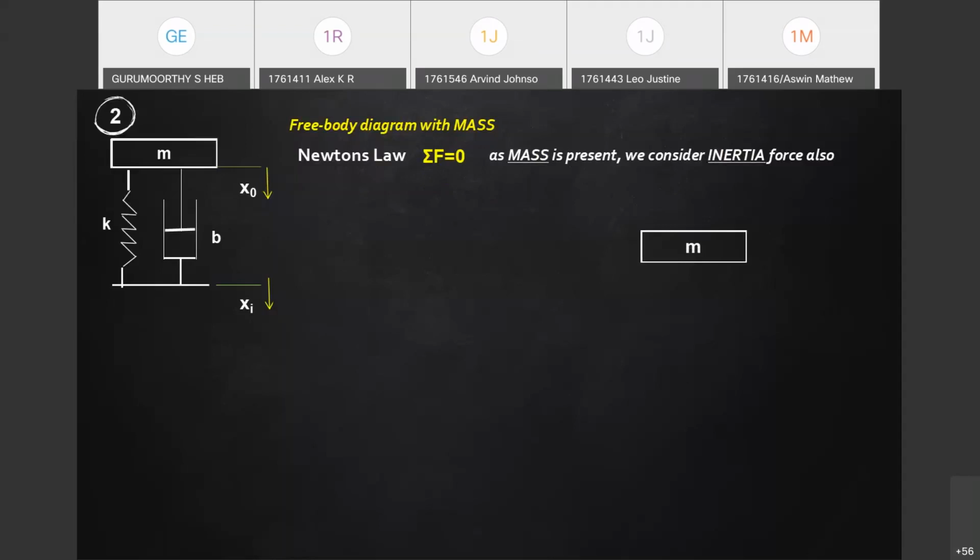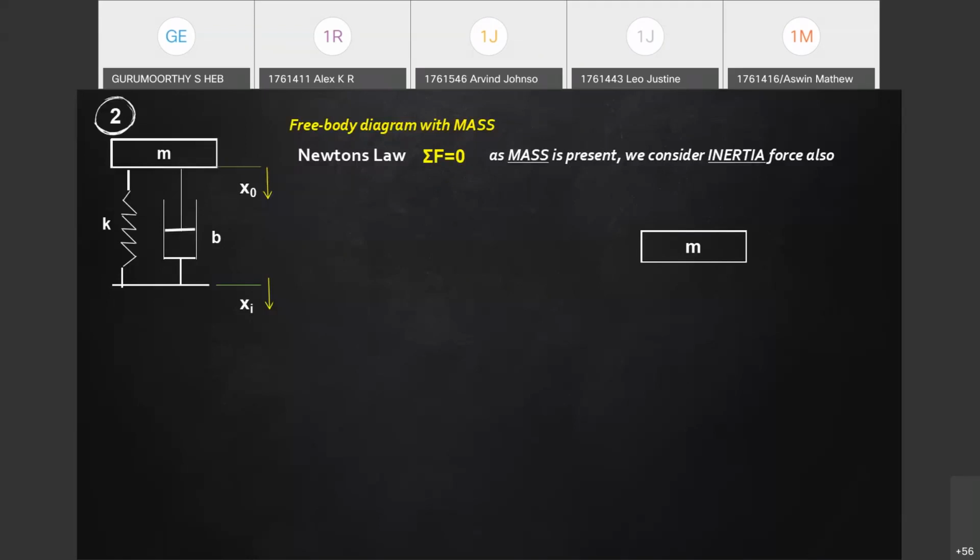So take the mass of the system. Again, here we are not discussing which system this free body diagram or mechanical network is for. That is not our concern. We look at the question and accordingly we write the equation. We see from the question there are upward and downward forces, no horizontal forces, so we write forces in the upward and downward direction. Because there are three elements, three forces will be there. No externally applied forces are present in this particular problem.